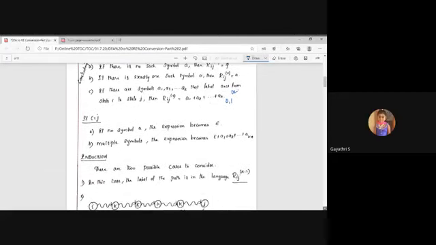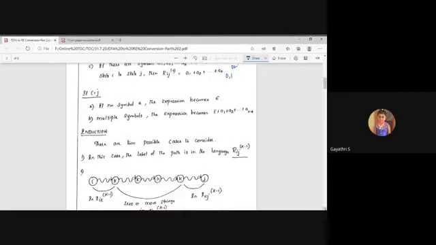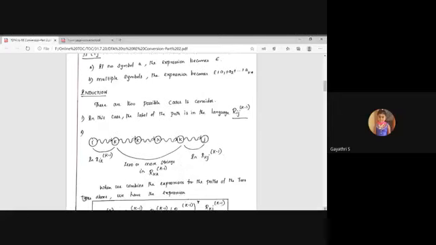Next, i equal to j. In this case, if there is no symbol A, the expression becomes epsilon only. If there is any symbol or multiple symbols, it means epsilon plus A, or epsilon plus A1 plus A2. So this case is possible. This is the basis part. Next, the induction part. Based on the basis part, you have to extend your induction part.